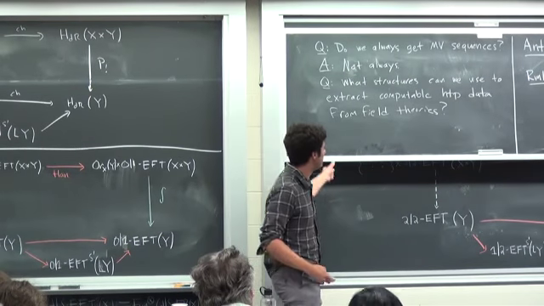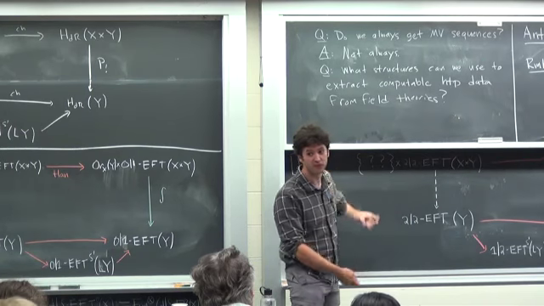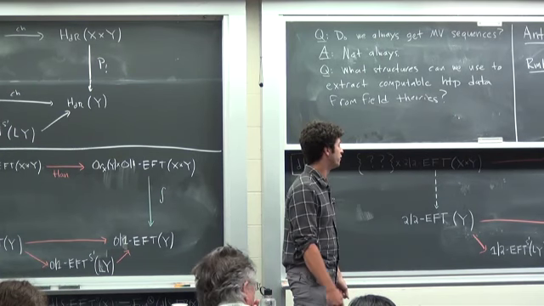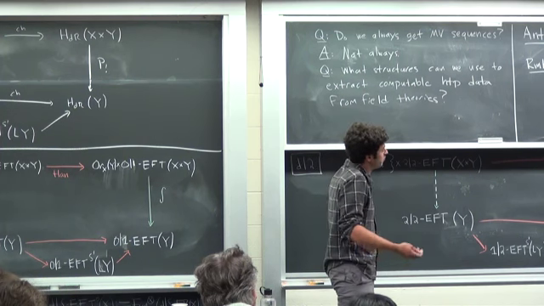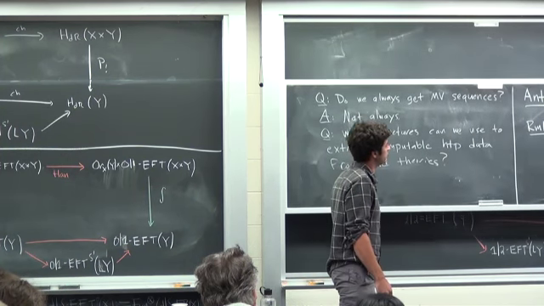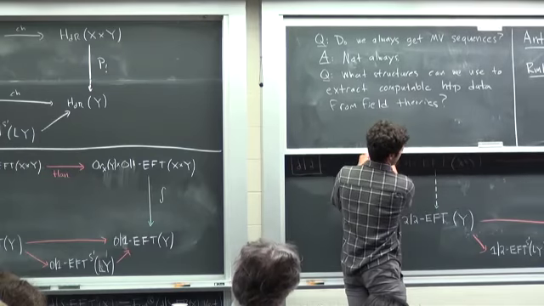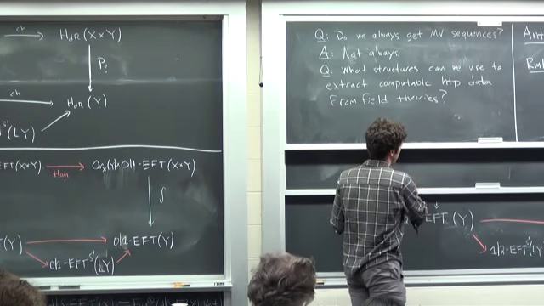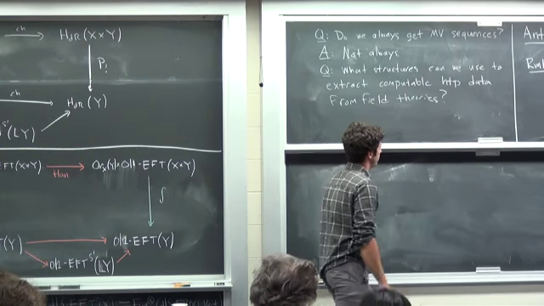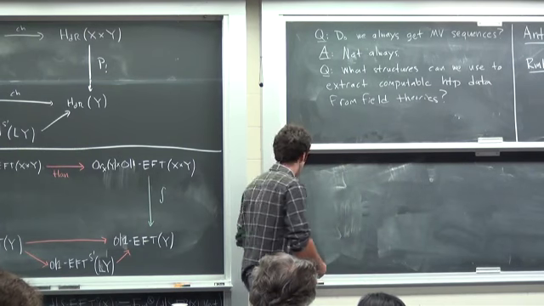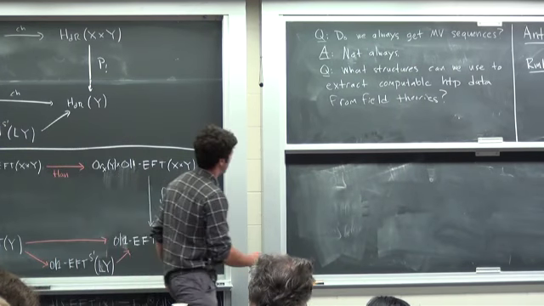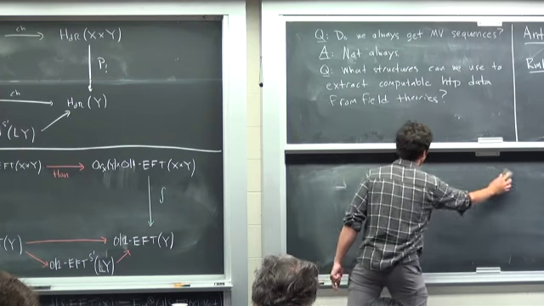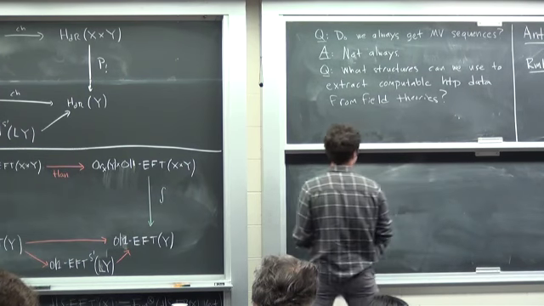OK, so you might think, well, maybe it's just that these things aren't actually interesting, that they don't contain any interesting data, or that we can't pull it out of them. And I want to give you just one minor theorem that shows that there does exist some manifold invariant in these guys. And for that, I have to define what a sigma model is. If you've heard the word sigma model before, that's great. If you haven't, this might seem out of the blue. I might try and explain it if I have time.